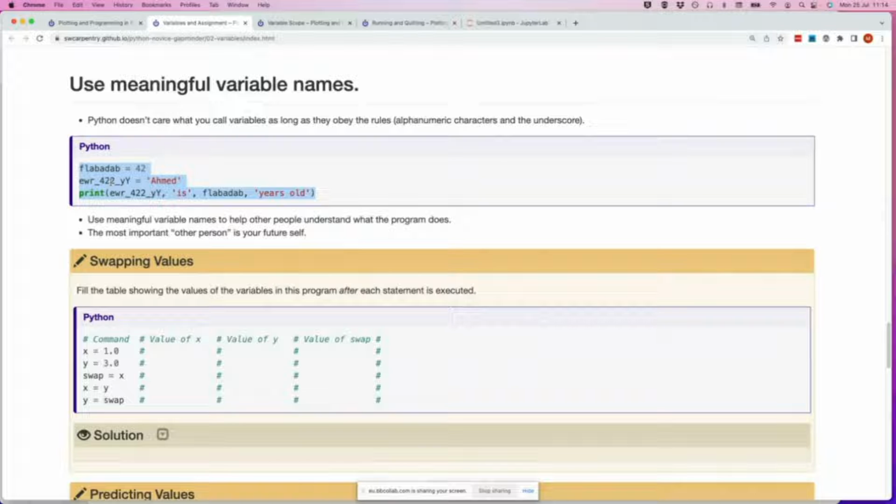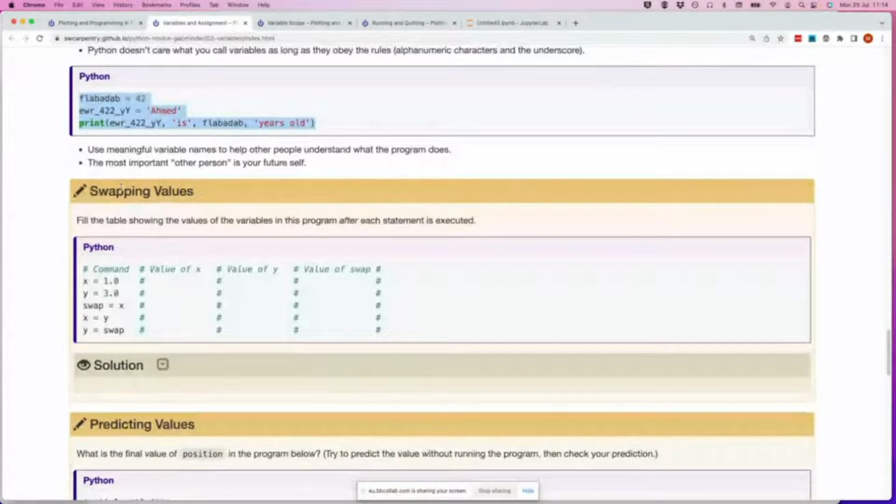But if you imagine that your Python code is lines and lines long, if you scroll down a bit further, so that where flabadab is being assigned is outside of your screen, when you look at flabadab just on its own, you'll be a bit confused about what it actually does. It's the kind of extreme example. So try to use names that are intuitive,